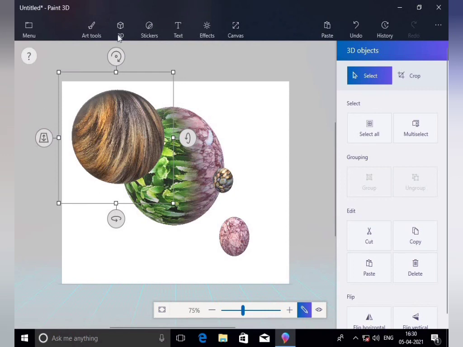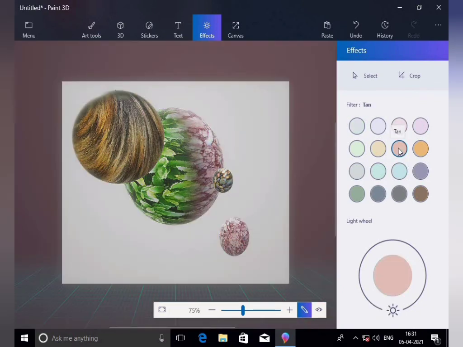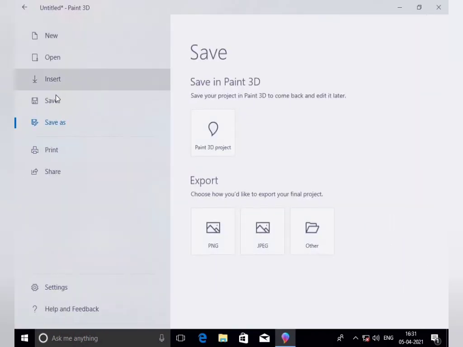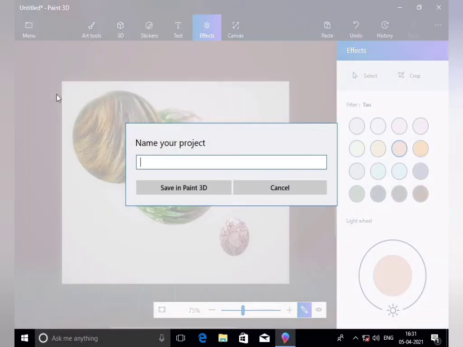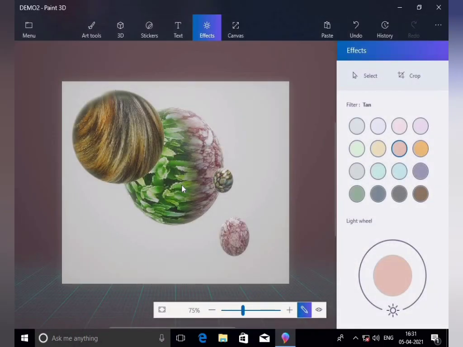See, I am showing some different tools and textures and the pictures and the slide. From the effect also we can see the background effect, if we have to change, it looks like this. So you can change it. Now file menu and save document, give demo to sheet. So save in Paint 3D, it will be saving our picture, right? So it is so easy to draw in the paint window.